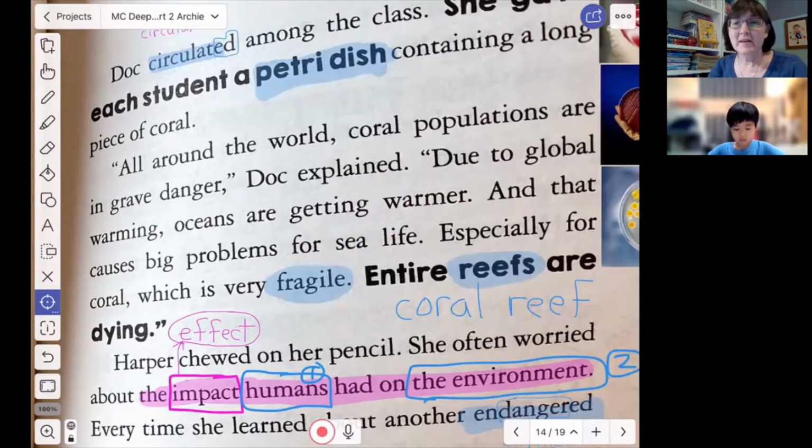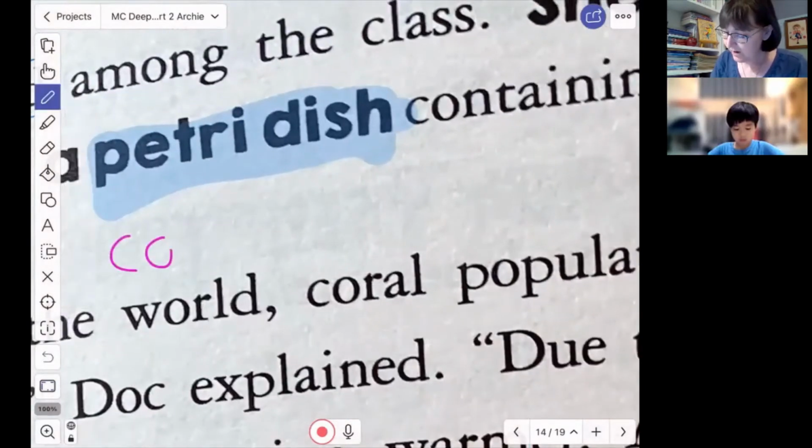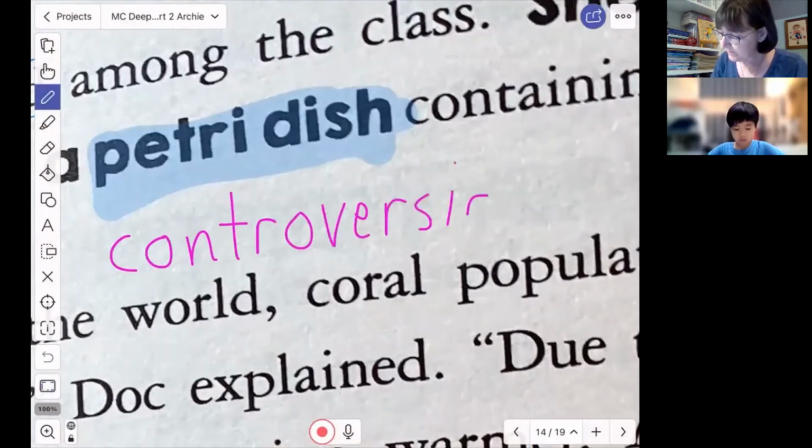Now, one thing I need to say is that global warming is a little bit of a controversial thing. Do you know what that word controversial means? Controversial means not everyone has the same opinion,